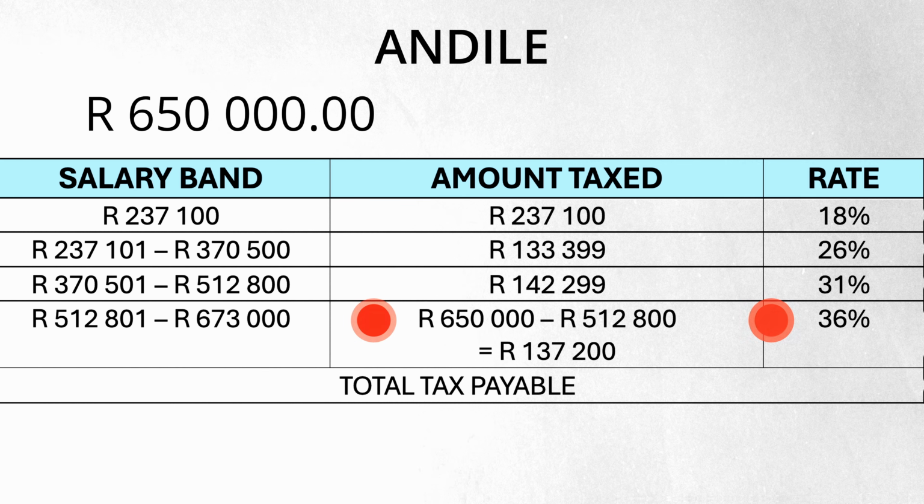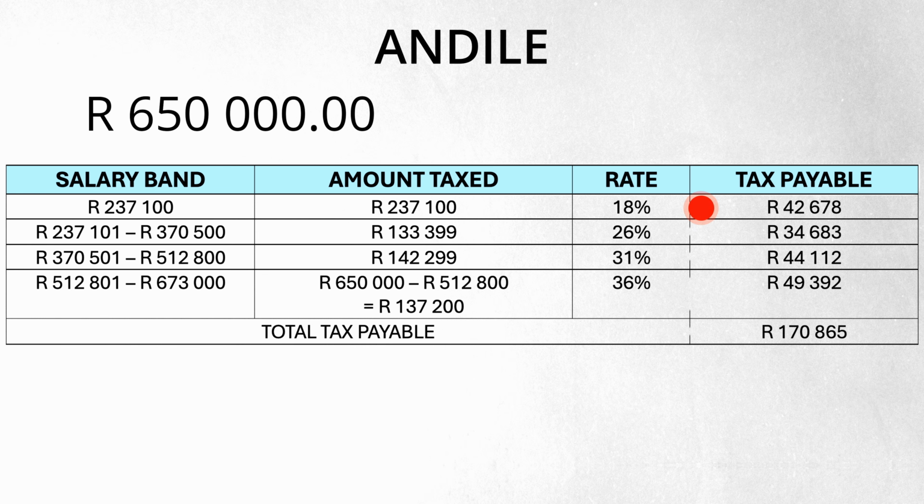This is because we have not made it to the next tax bracket of 673,000 Rand, which would have been taxed at 39%. Okay, so now that we have broken it down into the individual steps or the individual buckets, we can see that only the last little bit of his money is taxed fully at 36%. So then, if we are to calculate this man's tax for the 2025 year of assessment, by the way, a year of assessment means the same thing as a tax year in this case. But if we were to calculate his tax, then we would get